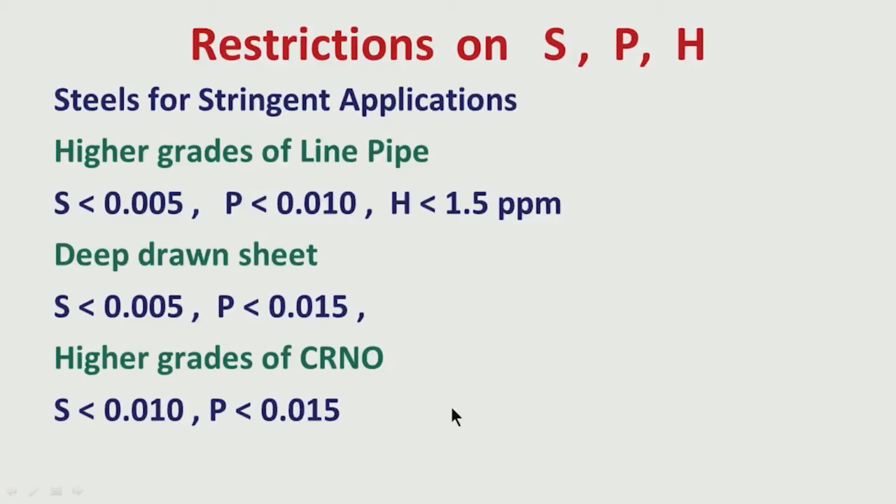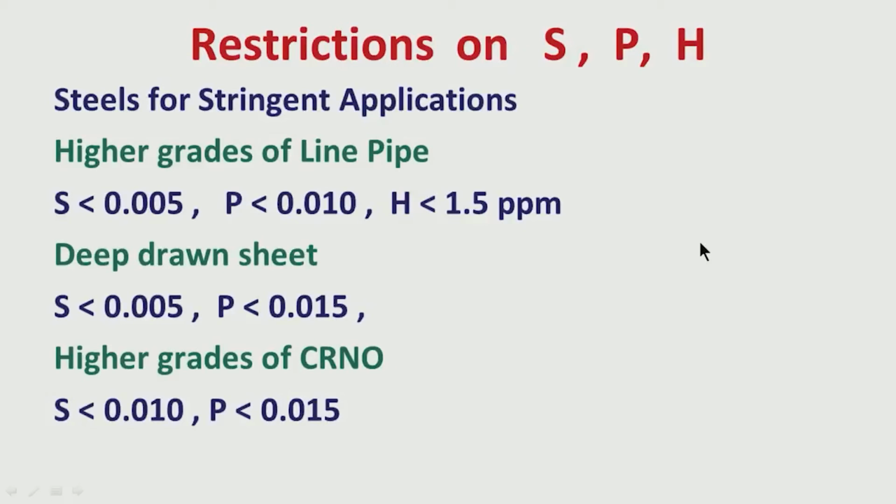So, what I am trying to harp upon is, depending on the application requirements, not only oxygen, nitrogen, inclusion size, there are restrictions on sulfur, restrictions on phosphorus, restrictions on hydrogen. So, while we are doing evaluation, as I have mentioned, this sulfur, phosphorus, hydrogen, oxygen can be analyzed relatively fast, and from this analysis we have to make a decision on the quality of steel at the cast stage